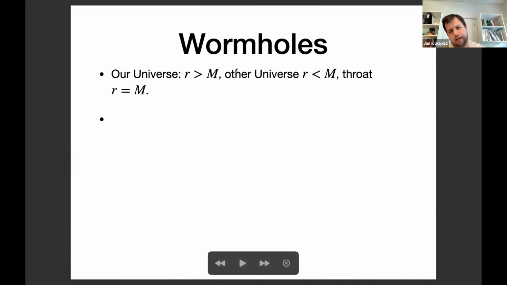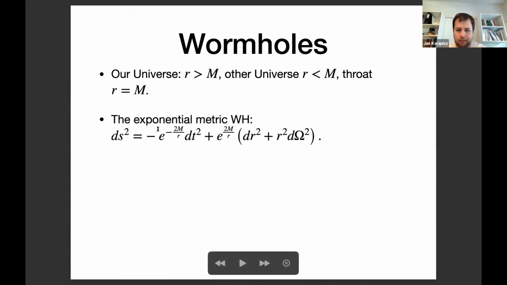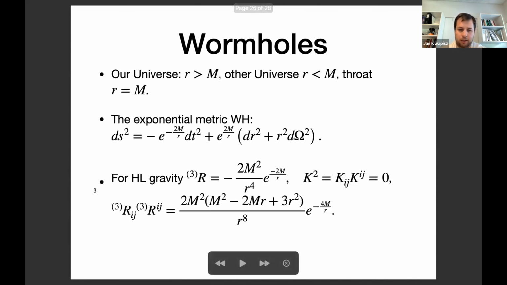In particular, here we chose this, so we have to integrate only up to m, because this is our universe. In particular, I chose some exponential metric for the wormhole, and for Horava-Lifshitz, I get the invariants, which are those, and if I integrate them, due to this damping factor here, I would get results that are finite again,